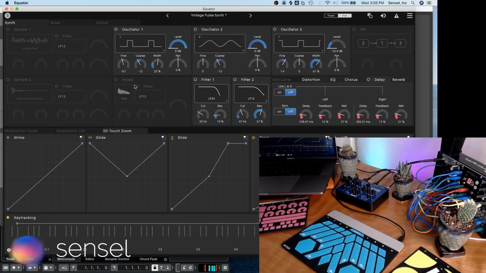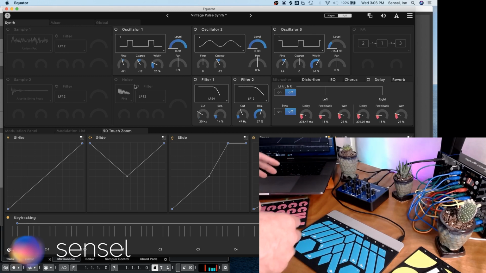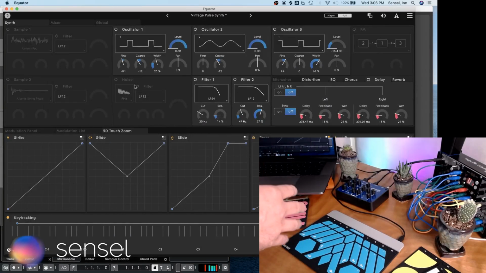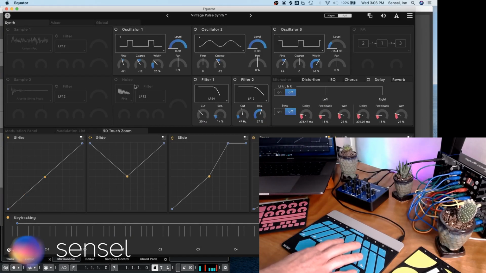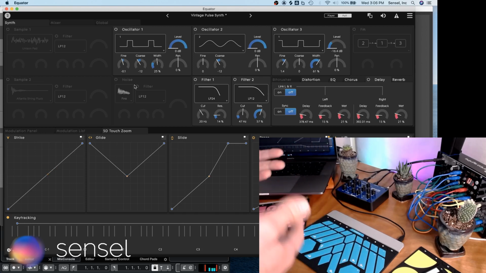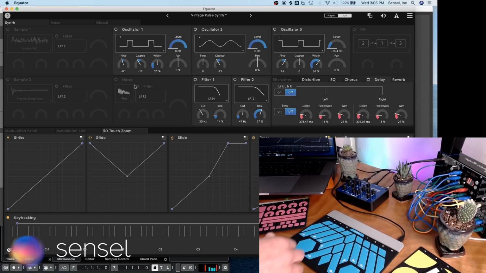So that's just kind of a rapid example of what MPE can do. And you can see in this Equator synthesizer, we have several different parameters here. We have the strike. They kind of renamed everything, I guess because it's maybe more illustrative, I don't know. So the strike or the velocity that we're normally accustomed to with MIDI, how hard you hit it, and you